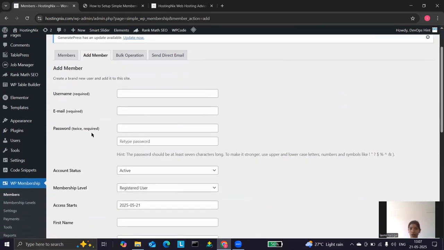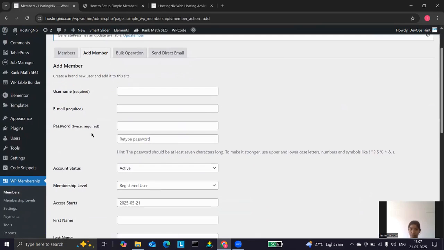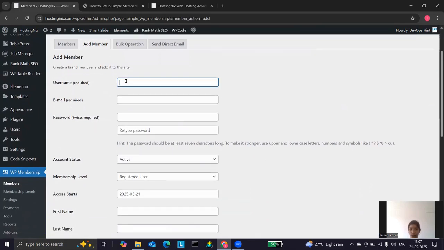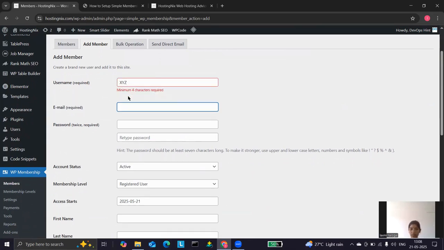Here we have to provide some details of a member. So provide the username. I provide the username. Also provide the email. This is a required text box.